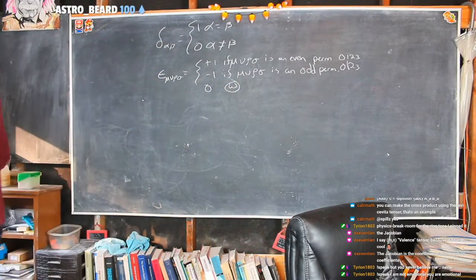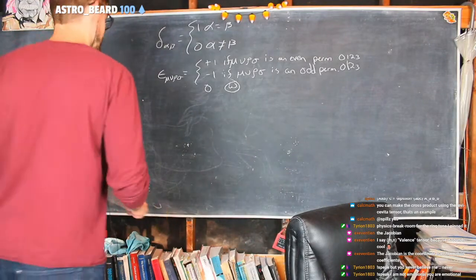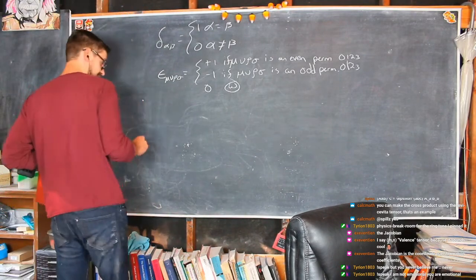So for instance, if you have these as 0, 1, 2, and 3, so if it's,